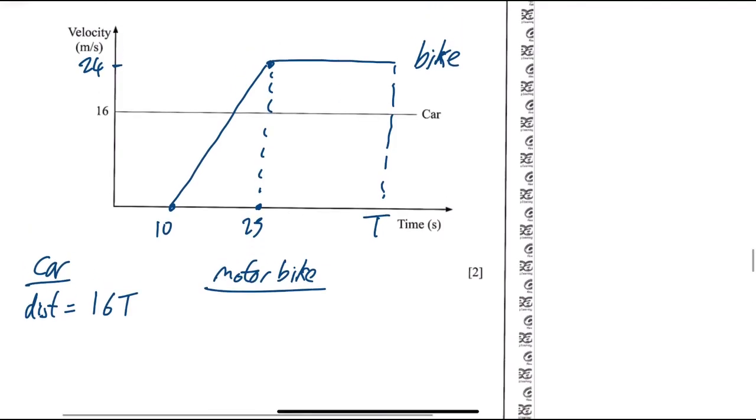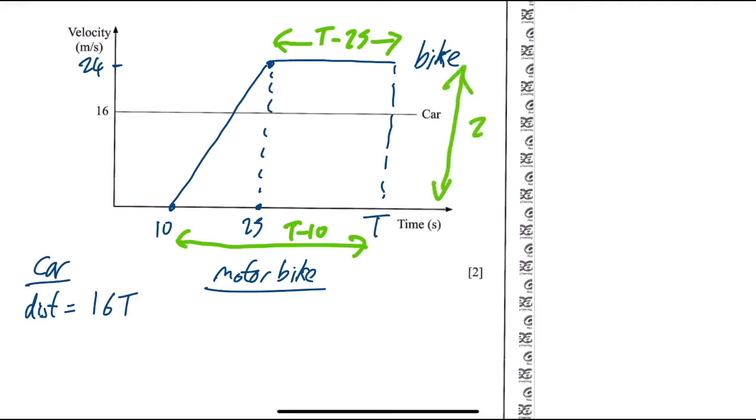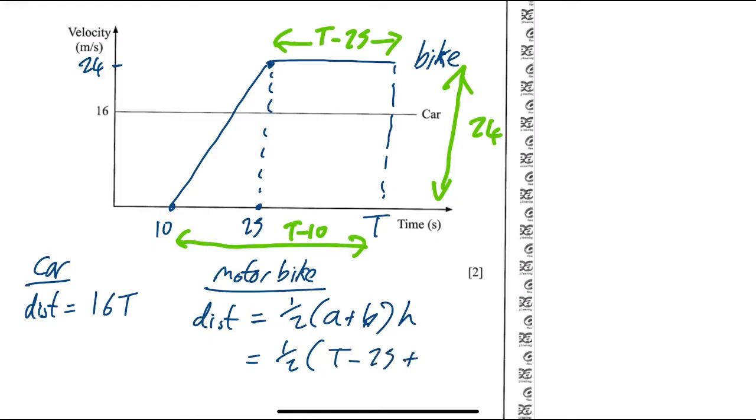So for the motorbike, this is a trapezium. Now people don't like using the trapezium, but I would use the trapezium. It does make it a lot easier. So that's t minus 25. This parallel side is t minus 10. And the perpendicular distance between them is 24. So the area of a trapezium is half a plus b times h, where a and b are your parallel sides. So it's a half of t minus 25 plus t minus 10 times the perpendicular distance between them,